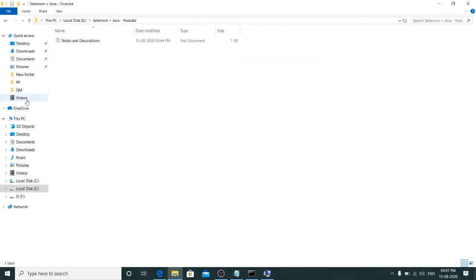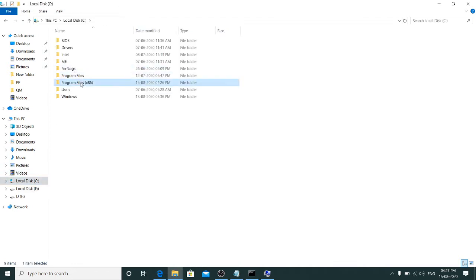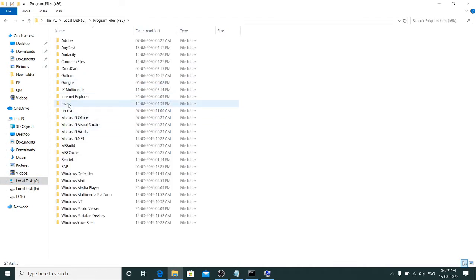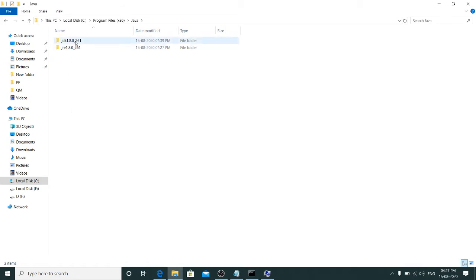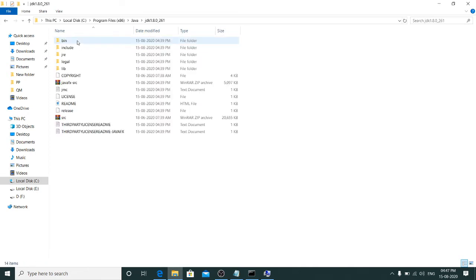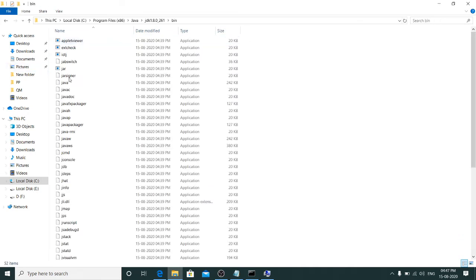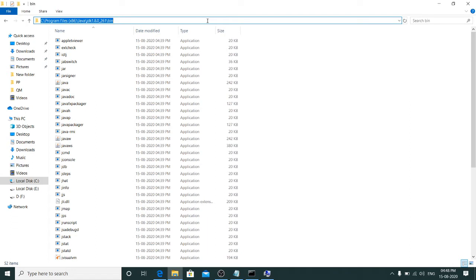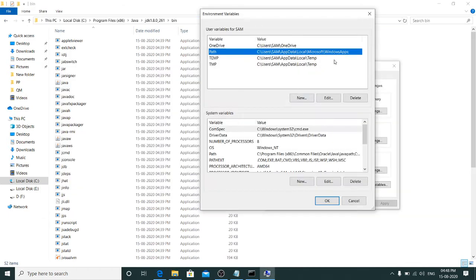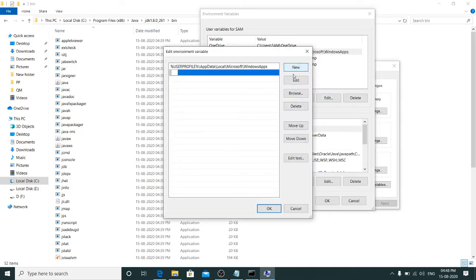What we'll do is go to C drive and go to the folder where you have installed Java, go to JDK bin, copy this bin, and click on New, paste it here.